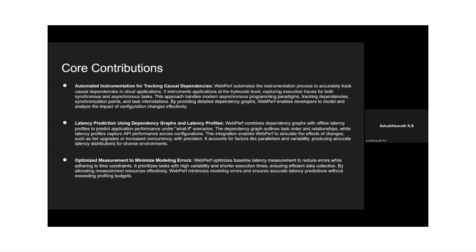WebPerf introduces three key contributions that transform cloud performance evaluation. One is automated instrumentation. WebPerf automates the process of tracking causal dependencies within an application. This includes handling asynchronous and parallel tasks, which are common in modern cloud environments. By automating this dependency mapping, WebPerf significantly reduces the